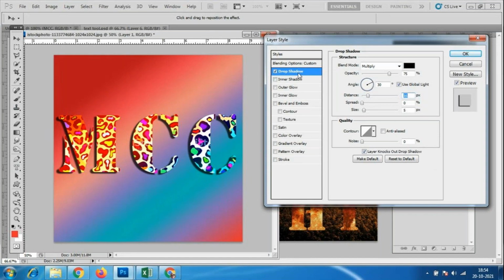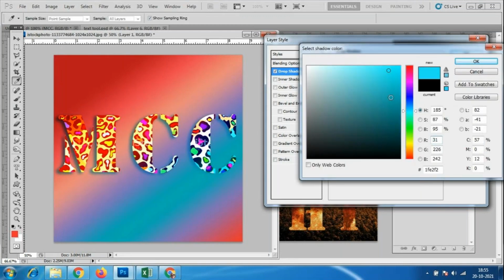Okay, so I don't want complete texture for this. We have already copied the texture. So for this only I want to make the shadow, and the size of the shadow. I want a little blur, I can make it, and I want to change the color of the shadow. See, whatever colors you want, you can change the color of the shadow.